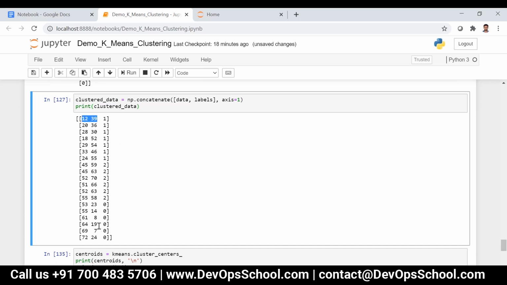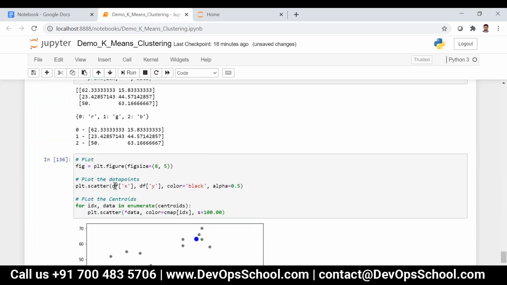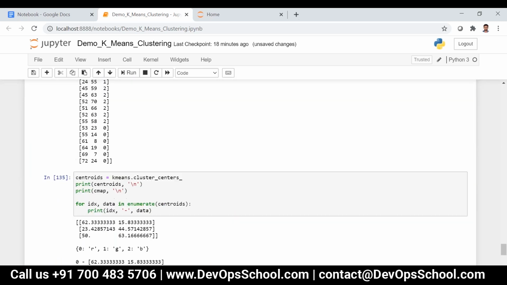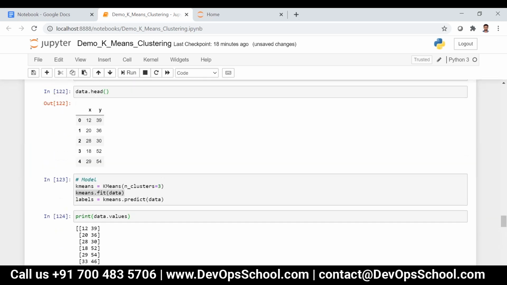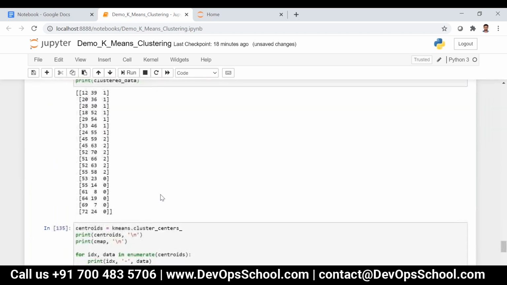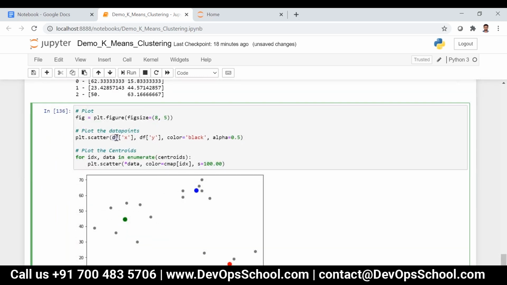What is 0? It's red, so I have to assign red to it. What is 2? It is blue, so I have to assign blue to it. Here I have df of x and then df of y. Sorry, I have to write data of x and then data of y.